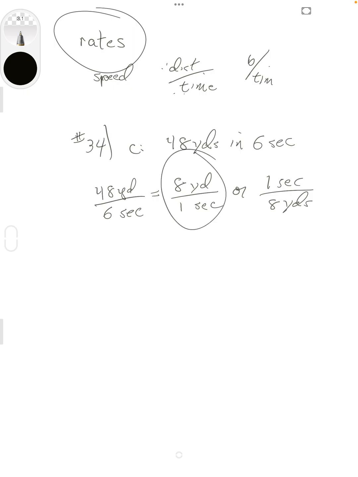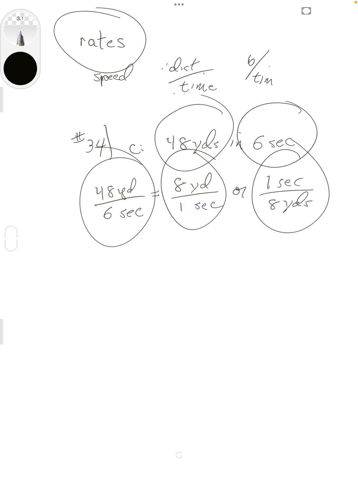Either one of these is a rate. You're trying to find out how far does he go in 1 second, or how many seconds for 8 yards. It's kind of saying the same thing, but there are different ways of saying it. So here are the 2 rates. This is all lesson 34 is: they'll give you something, and you just write it as a fraction. And there are 2 possibilities. Okay? Lesson number 36, however,